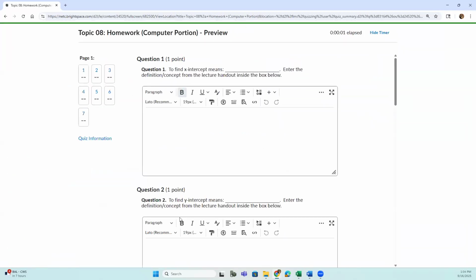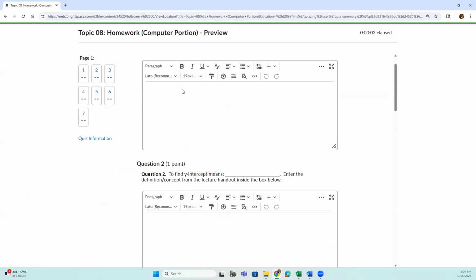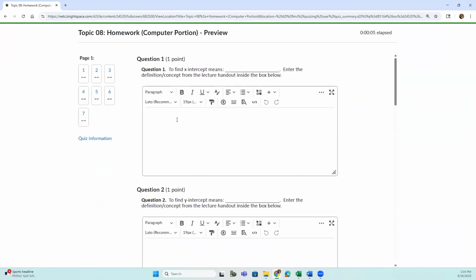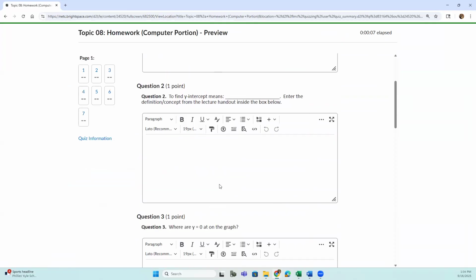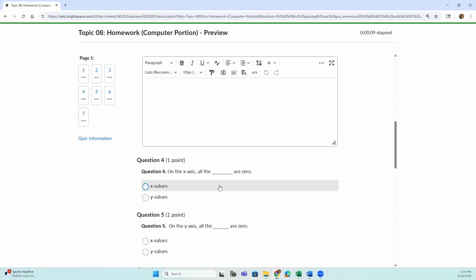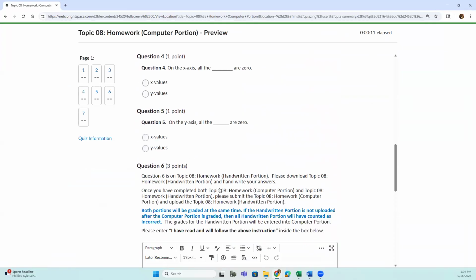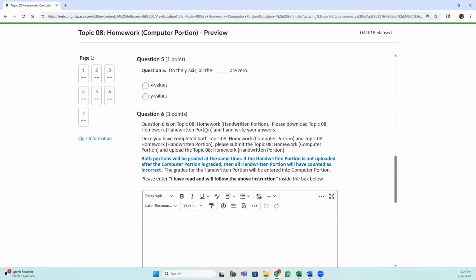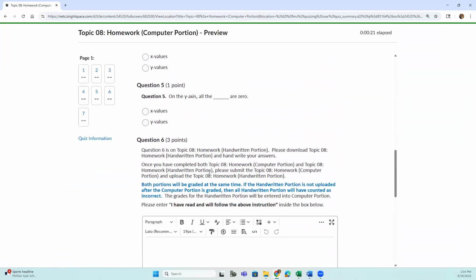Question number 1 and question number 2 are on the computer portion, so you will enter your answer inside these boxes. That's question number 6, I do apologize, I need to change that. Question number 6 is on the handwritten portion. So when you come to the handwritten portion of the homework,